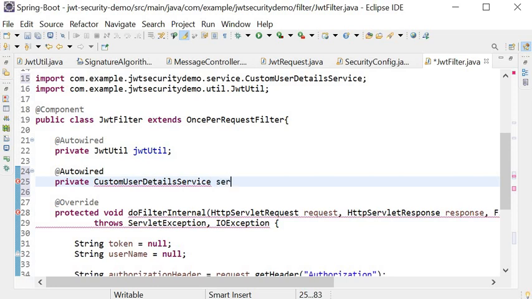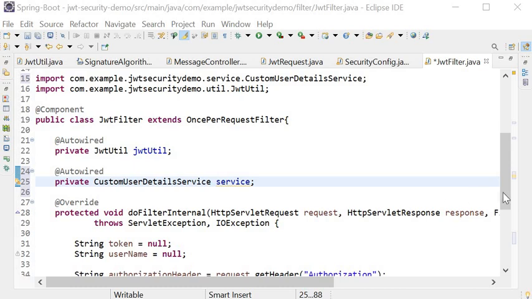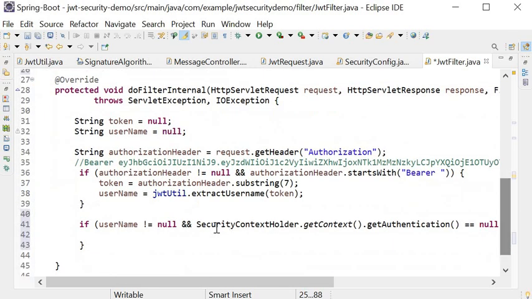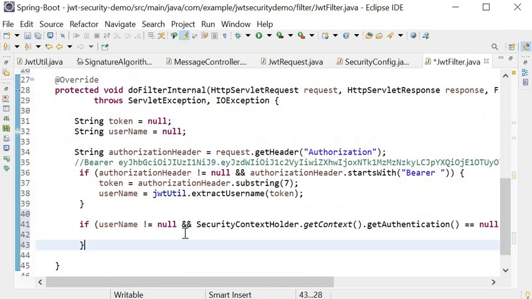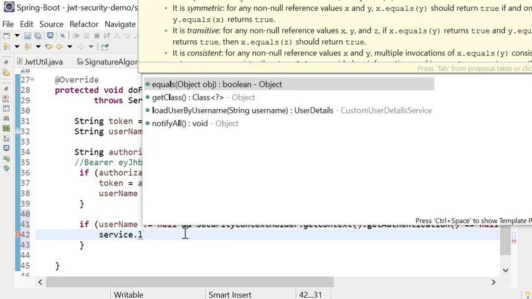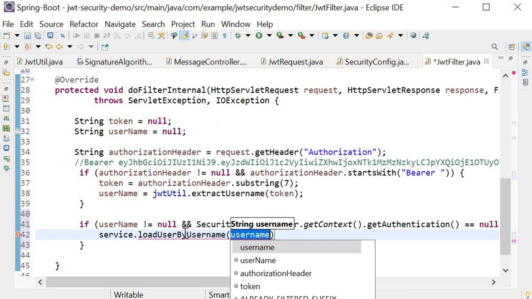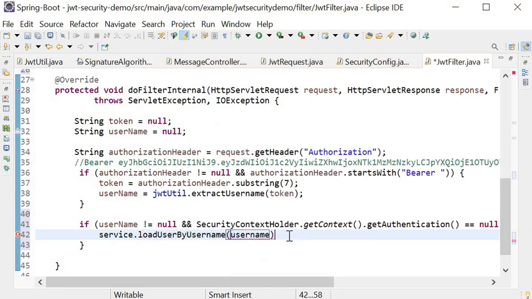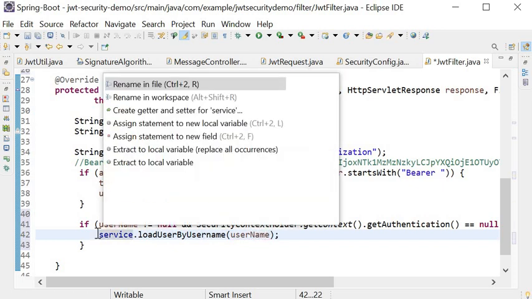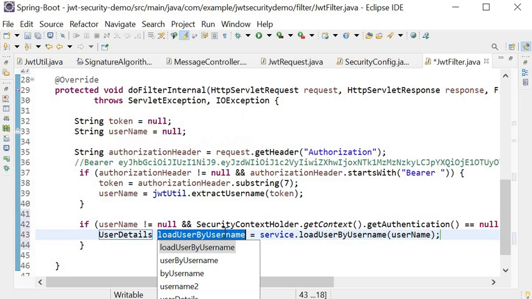After injecting the user detail service, I will call service dot loadUserByUsername and pass the username that we have already extracted. It will return the object that is user details.